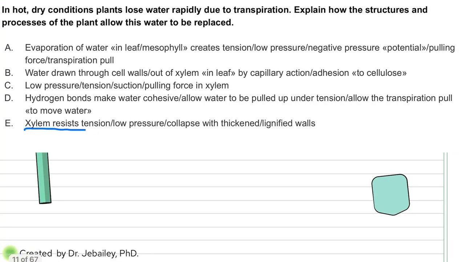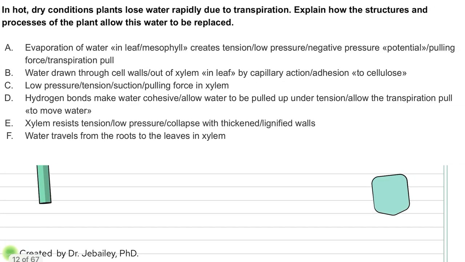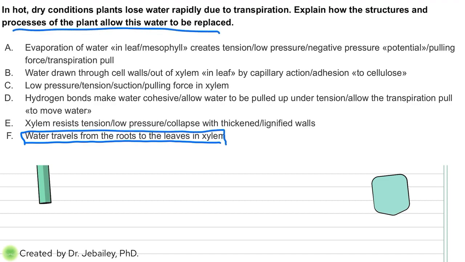Xylem resists tension and low pressure, and does not collapse, thanks to thickening. So I did mention the xylem having lignin walls in order to stand all that pressure. Water travels from the roots to the leaves through the xylem. Obviously, I mentioned the structure right here. Yes, it has to be everything through the xylem, because it does not say anywhere in the question about xylem. And then